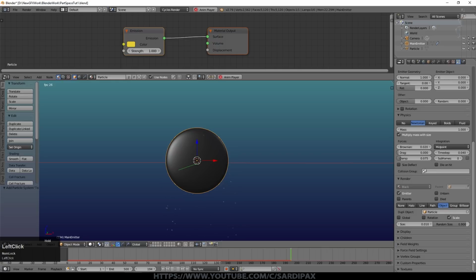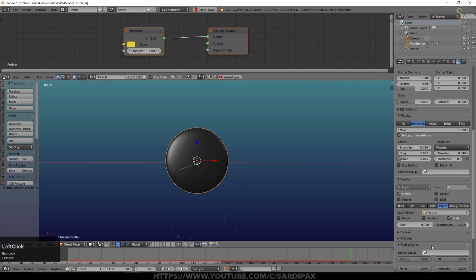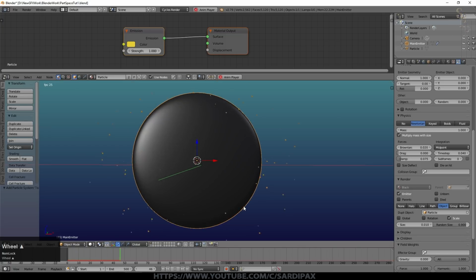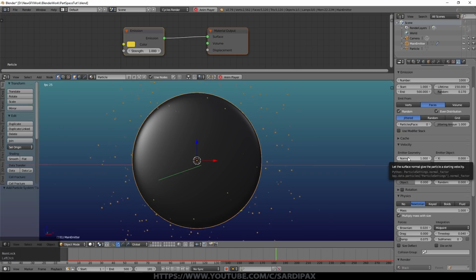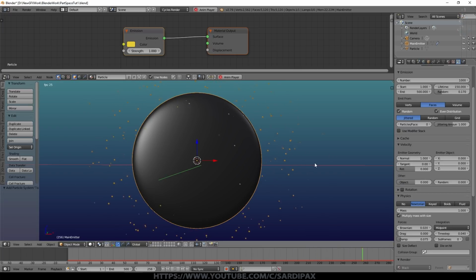So if we come on further down, under field weights, we'll turn gravity completely off, and now they just emit out. Go back to the beginning of the animation, you can just about see them there coming out and not really getting very far, and that's because of this damping value that takes the emission energy out of them. So this is the emission energy here, so this will control how fast the particles initially come streaming out. I had mine at about 0.5.